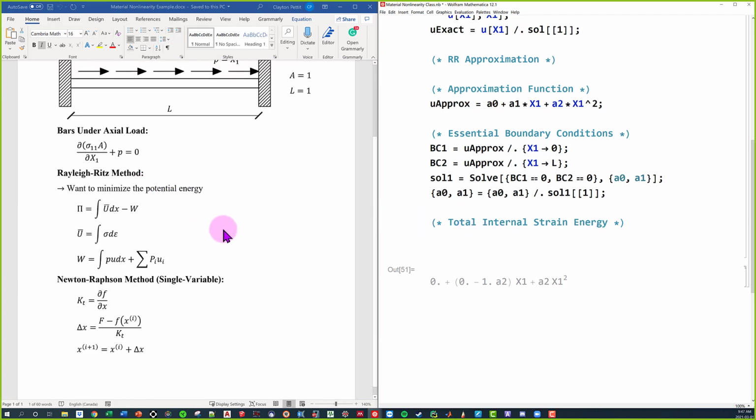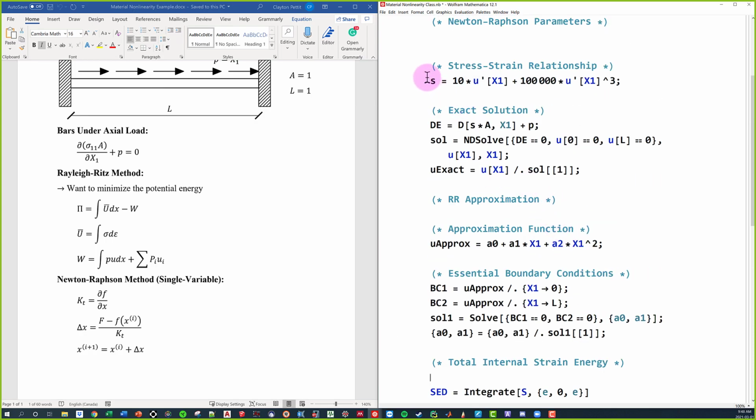So for that internal strain energy, the first thing we have to find is this strain energy density. So the strain energy density, which we'll call SID, why not? We know it's going to be the integral of our stress. Now we're integrating our stress over our strain, which is going to be from 0 to E. Are you guys confused yet? This integrates our stress over a distance of E, or strain.